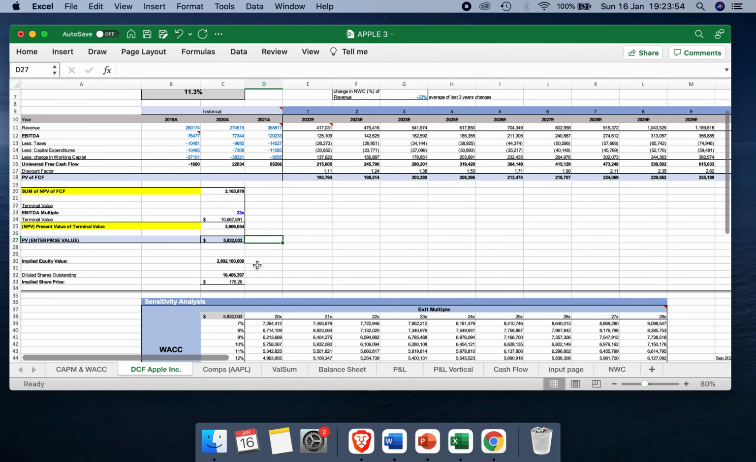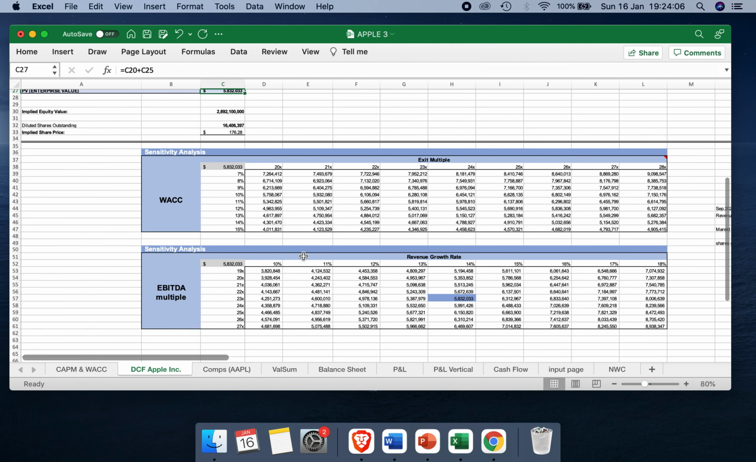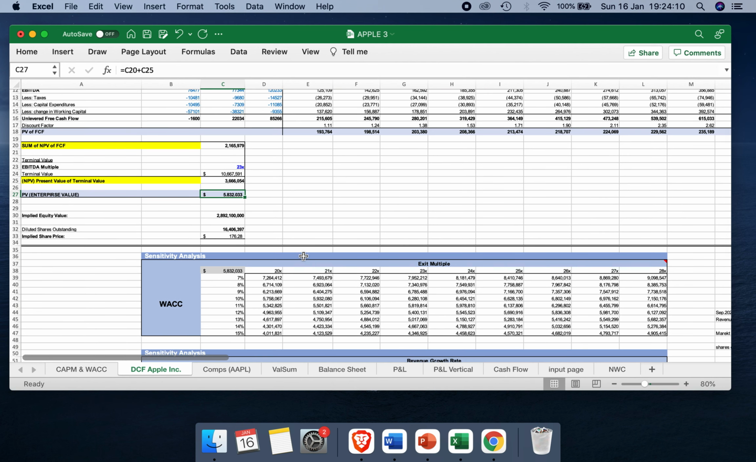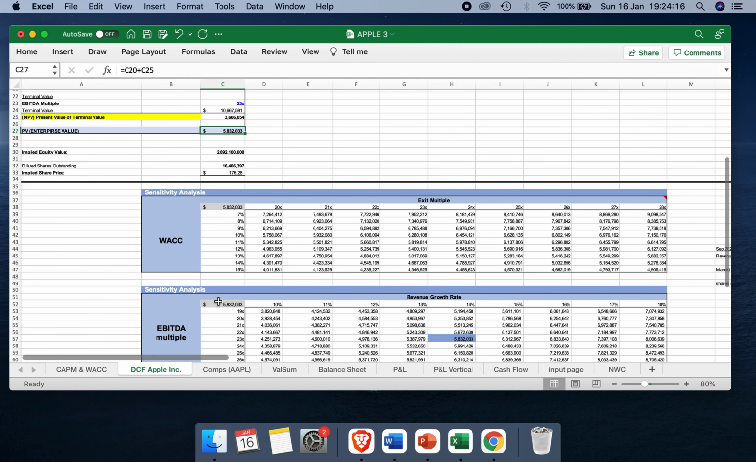What if we had different revenue growth rates? I just had too many questions in my head, and I didn't know if this is justifiable or if this is a good number. So this is why I've applied a sensitivity analysis, just to see with different exit multiples and discount rates and revenue growth rates, what kind of enterprise value I would have